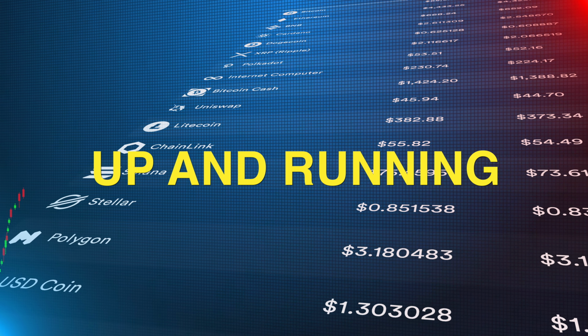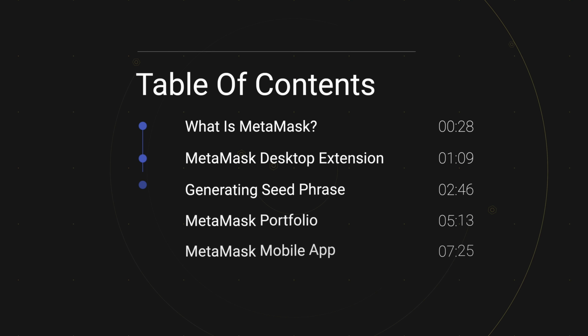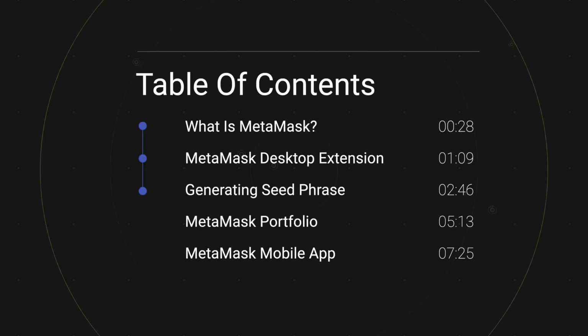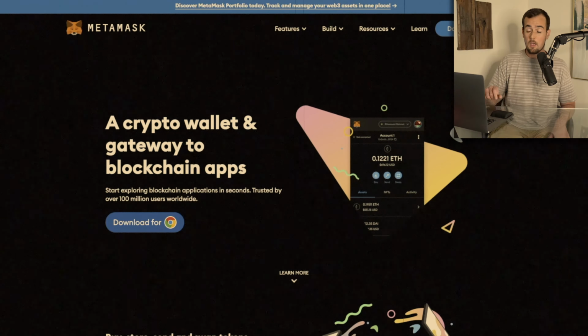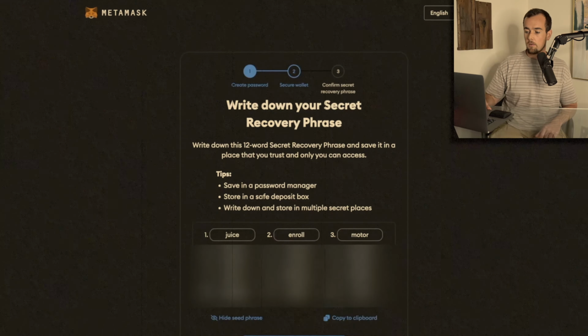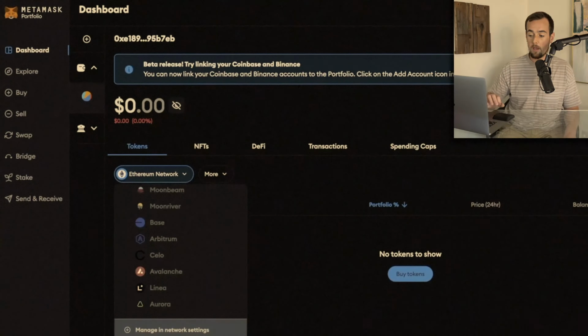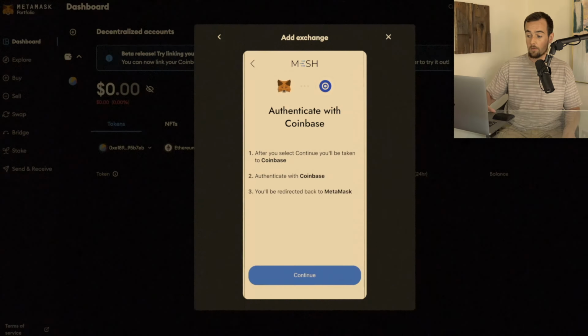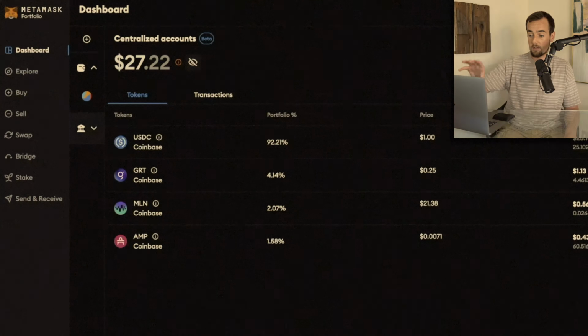If you're looking to get up and running with a MetaMask wallet, this is going to be the most current and in-depth tutorial out there, so I would highly recommend watching it from beginning to end. But if you do want to skip ahead at any point, there is a table of contents in the description below. We're going to be covering how to set up a MetaMask wallet, how to generate a seed phrase, how to use the desktop extension, and even how to keep track of all of your crypto assets in one place